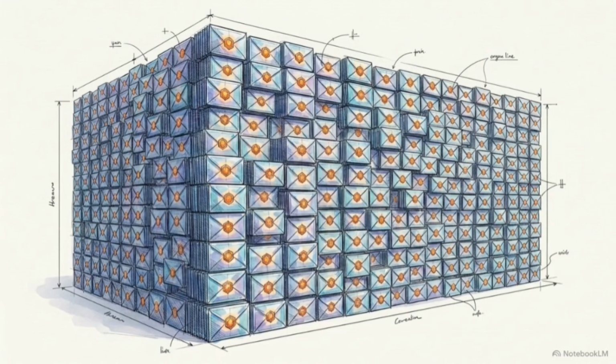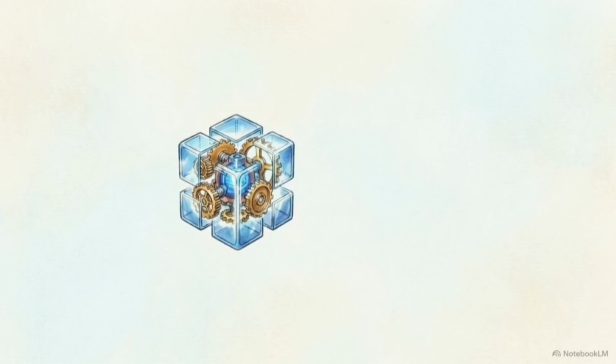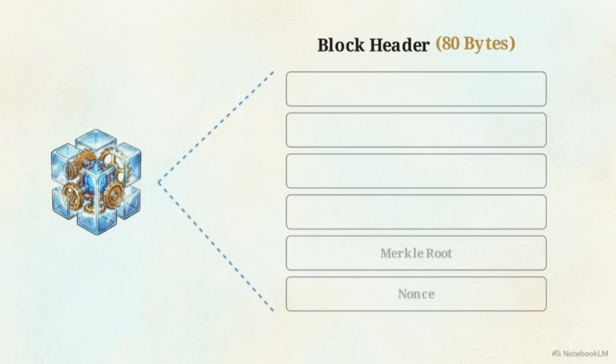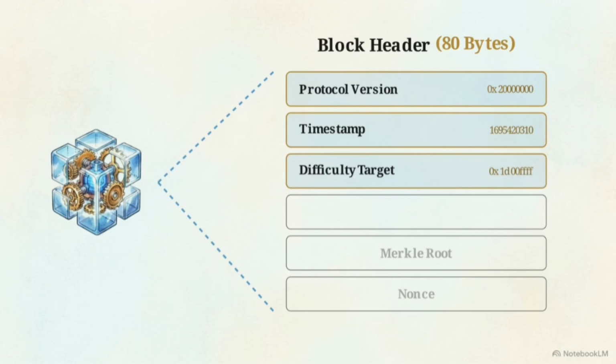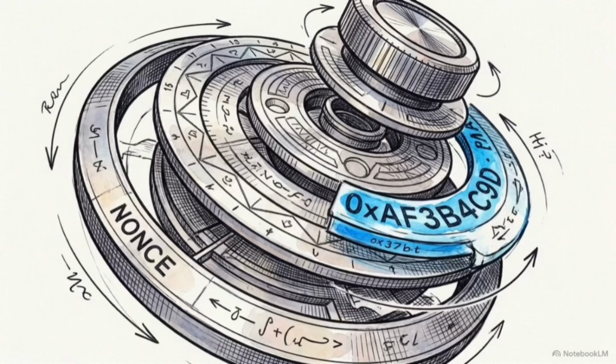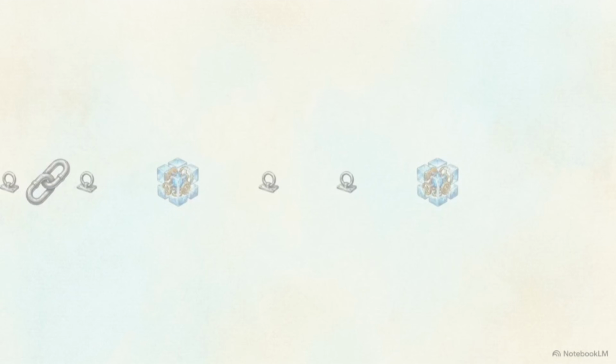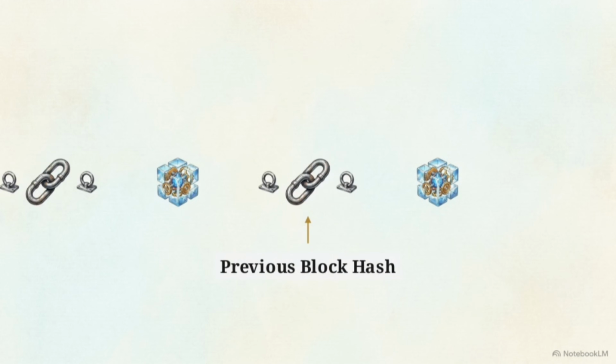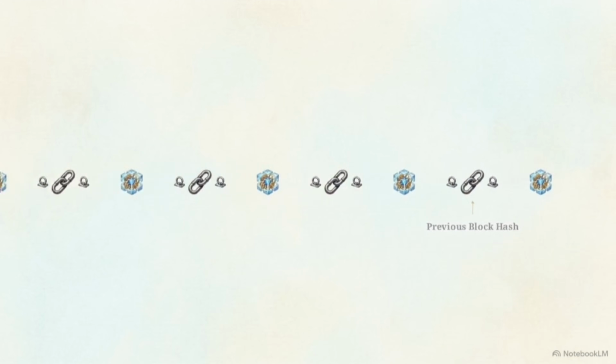Hashing every transaction in a block for the mining puzzle would be computationally inefficient. Instead, miners hash a condensed 80-byte string called the block header. This header contains 4 fixed data points: the software protocol version, a timestamp of the current time, the network's difficulty target, and the hash of the block that came immediately before it. The miner then adds the Merkle root and a final variable field called the nonce, a 32-bit space the miner can change as they try to solve the puzzle. By including the hash of the previous block, the header cryptographically links the new transactions to the entire history of